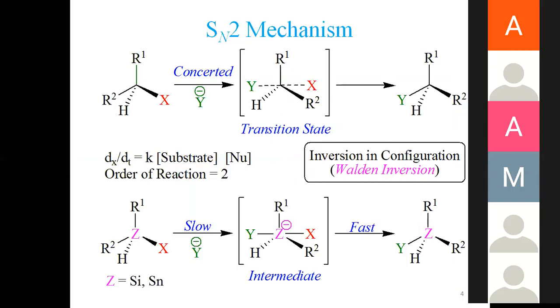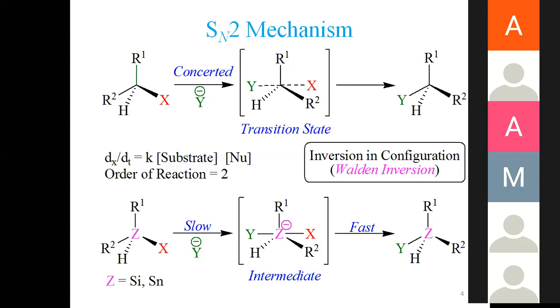This is the SN2 mechanism you have already come across in the previous lecture last week. So, just going through very quickly why it is called SN2. SN stands for substitution nucleophilic on an aliphatic system, and 2 stands for its order of reaction, because it is second order: first order with respect to substrate, first order with respect to nucleophile. Only two reactants are used in this substitution reaction. One is the nucleophile, the other is the substrate, the aliphatic substrate.